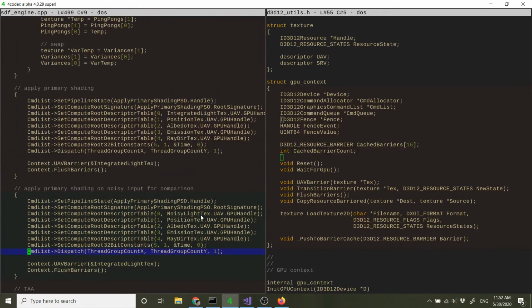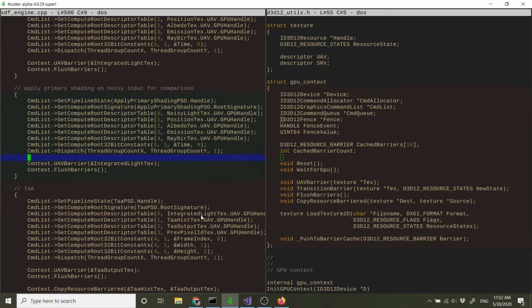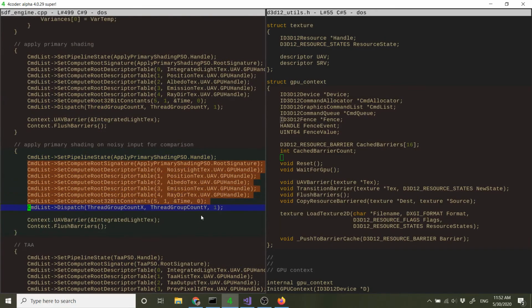What the driver has to do, or what the D3D12 runtime has to do, is that every time we dispatch something, it has to track all these constants or the descriptor tables I've bound. Each time I build a command buffer, they have their own versions of the descriptor tables and the constant buffers, because if they don't version the root signatures, well, not the root signatures, more like the root arguments for the compute dispatch,